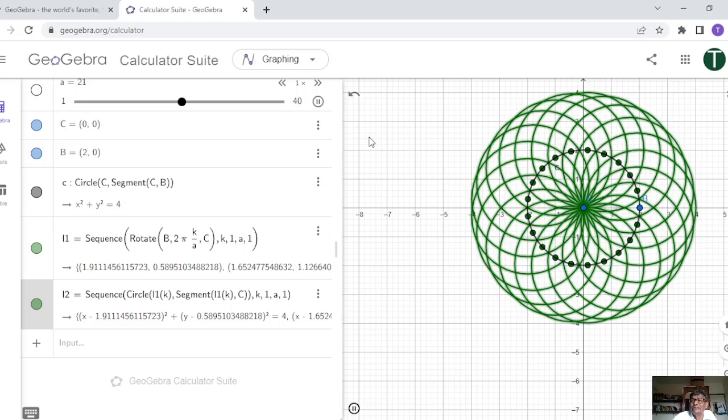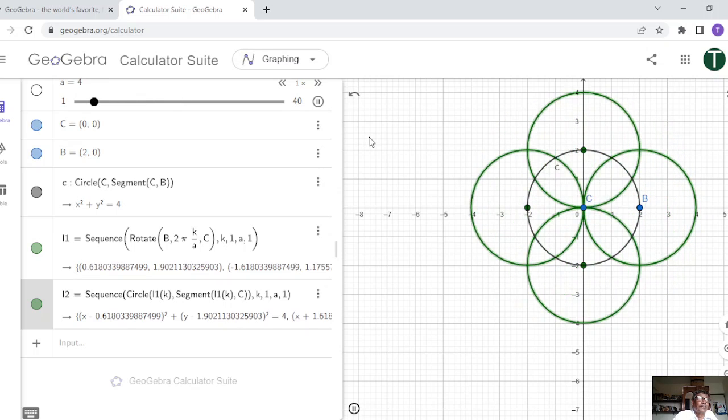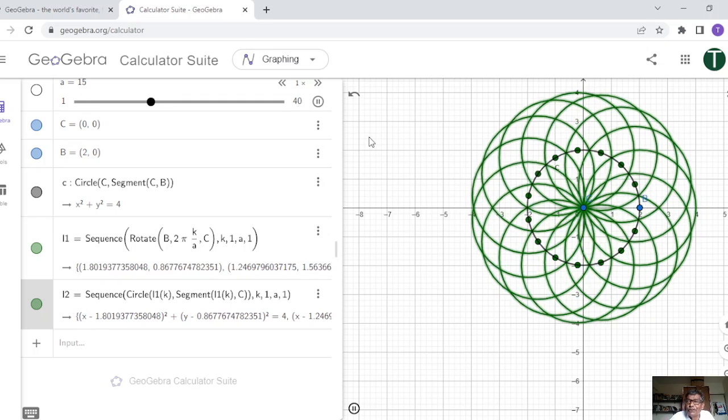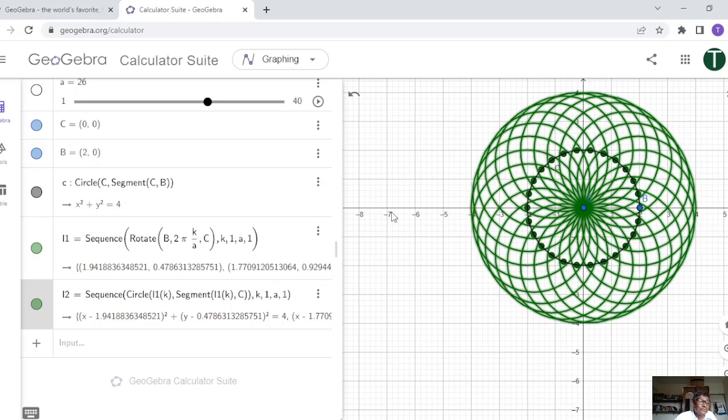I do not know whether I have done this type of thing with a hexagon. As the number of sides of the hexagon becomes large, it will approach this kind of thing. Okay, so